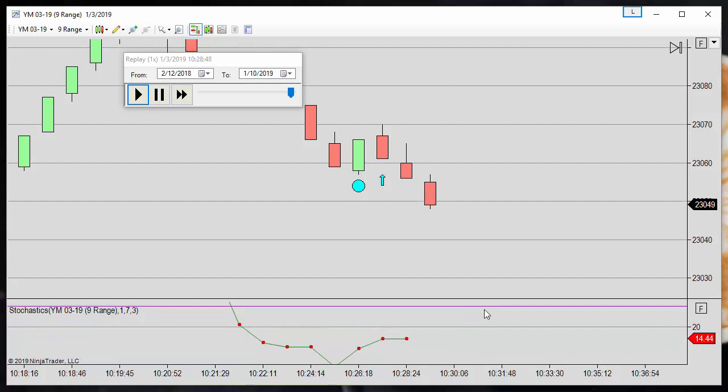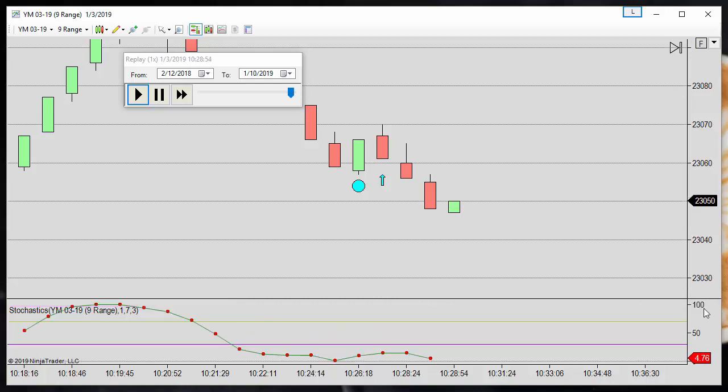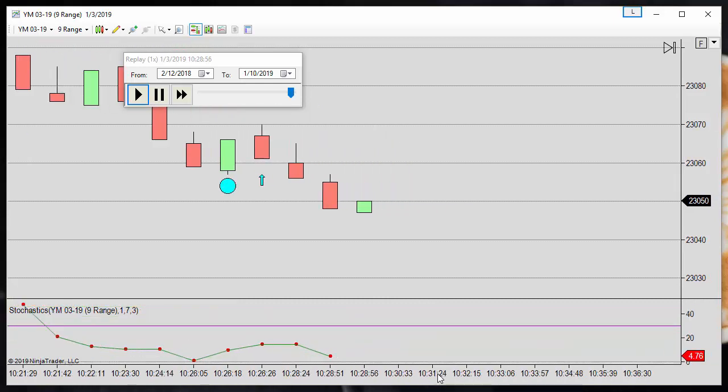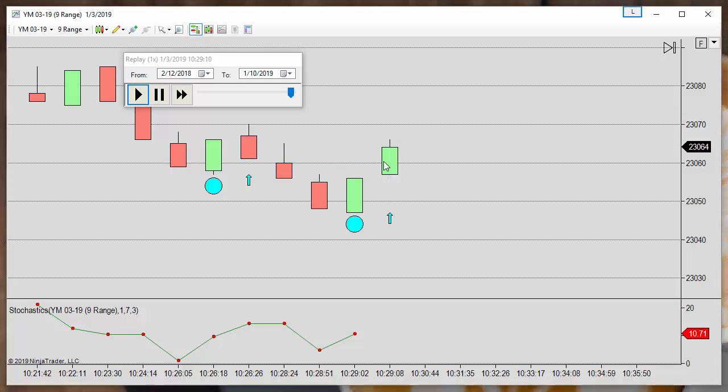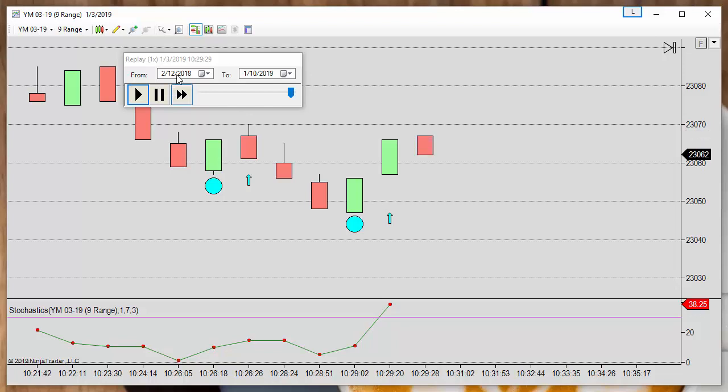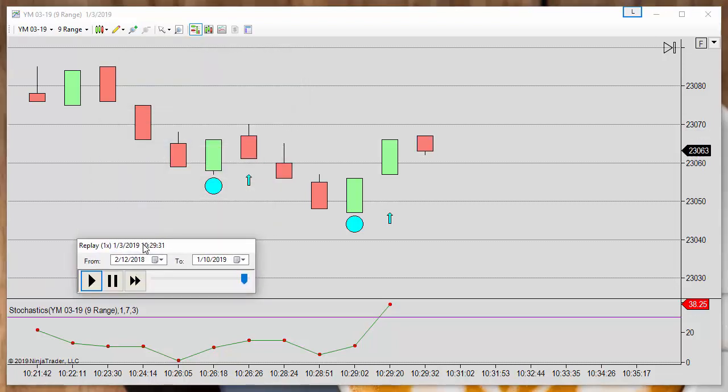The stochastic is calculated at bar close, so we cannot see what it is doing in real time. And now we have a possible long, so we can place our buy stop. It was very fast, but it was visible that we had a horizontal line where we need to place the buy stop and then a fill. So we have an arrow painted at the same moment the price is touching the entry. It was very fast, even taking into account that we are at 1 time the speed.